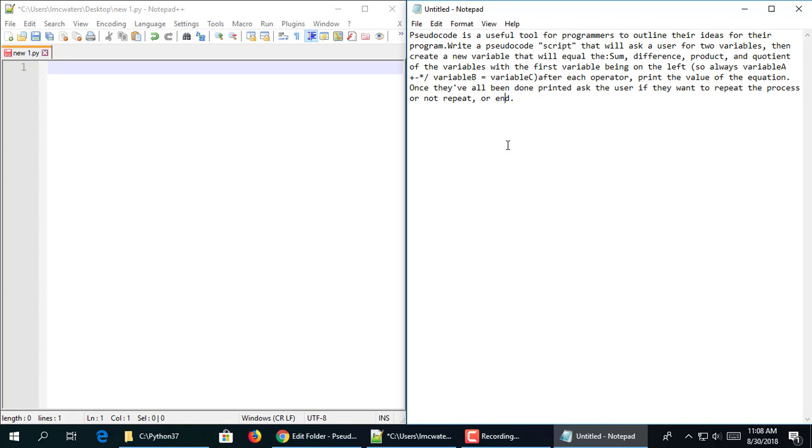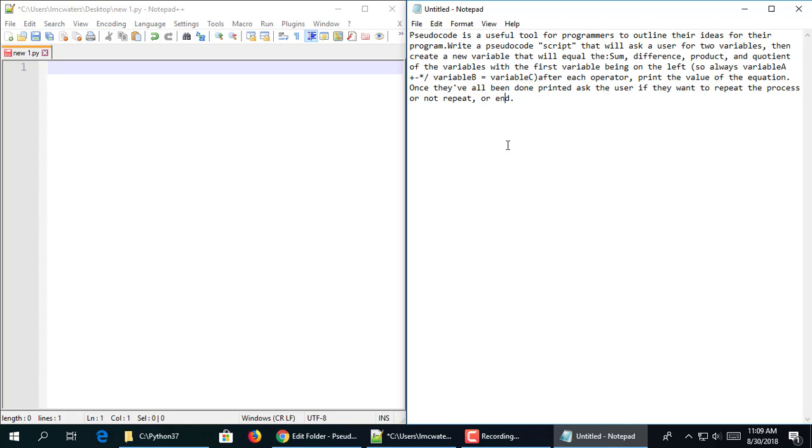So always, variable A will always be on the left of the equation. I don't want you to lie, because if you move A over and you put B, it'll make everything messy. So the first variable, whether you name it variable A or variable 1, don't give it a name like A or B. That's just bad practice. It doesn't tell anybody what it actually is. So it'll be variable A plus, minus, multiplied, divided by variable B equals variable C, or you can put total, or you can put whatever,